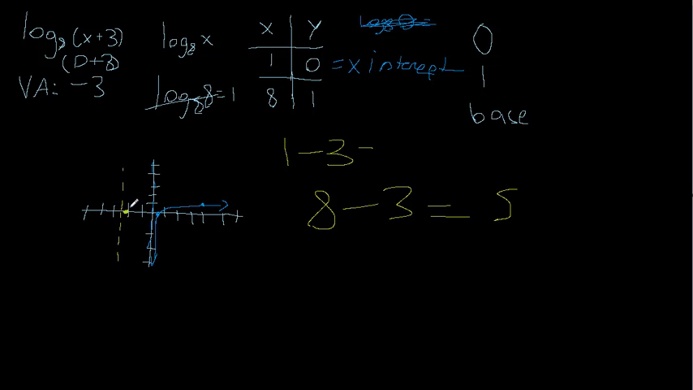So we go to 5 and 1. Let's see, 2, 4, 6. So it'd be something like this. This should be exactly 8 away, just like this should be 7 away from 1, so it should be somewhere right here. So there we go. There's our function. I don't know if I explained it that well, but